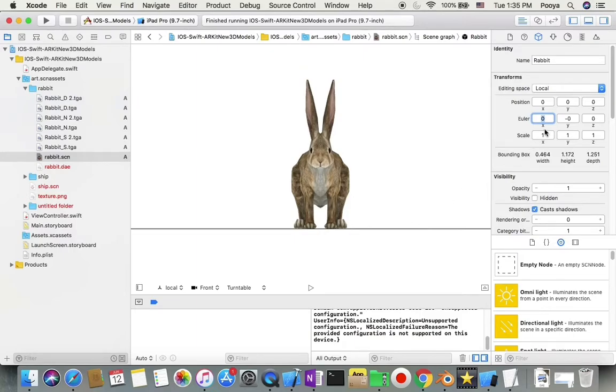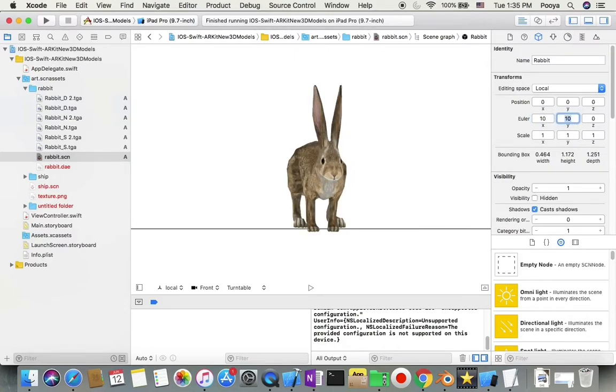I just give it a little bit of angle like this and like this. Okay, and also take it back in scene for 0.1. This is all in meters, so it's going to be 10 centimeters, and this one I say minus 0.05. I bring it down in line,